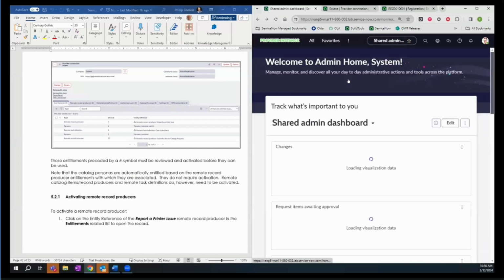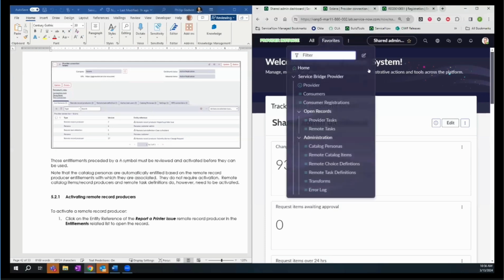Mine weren't blank, just as this is loading, just to make a note. I have all the entitlements generated on the first look. Sometimes it does, sometimes it doesn't. So if your entitlements are blank, go to your provider instance, go under Service Bridge Provider,